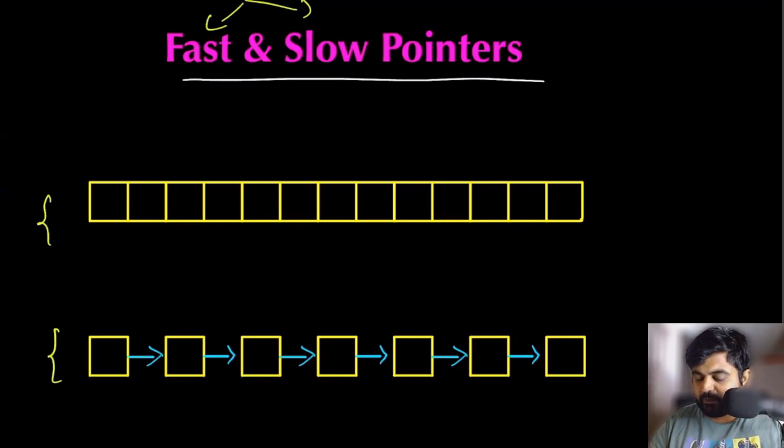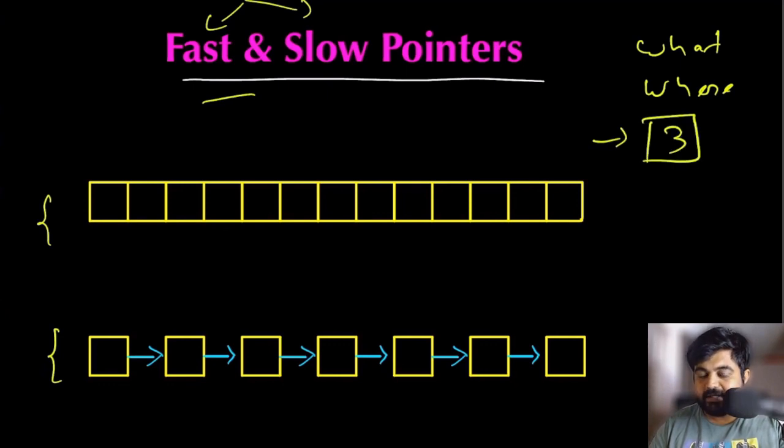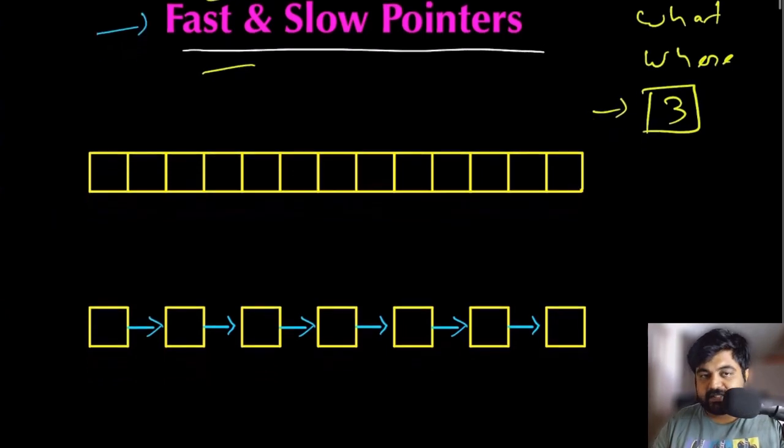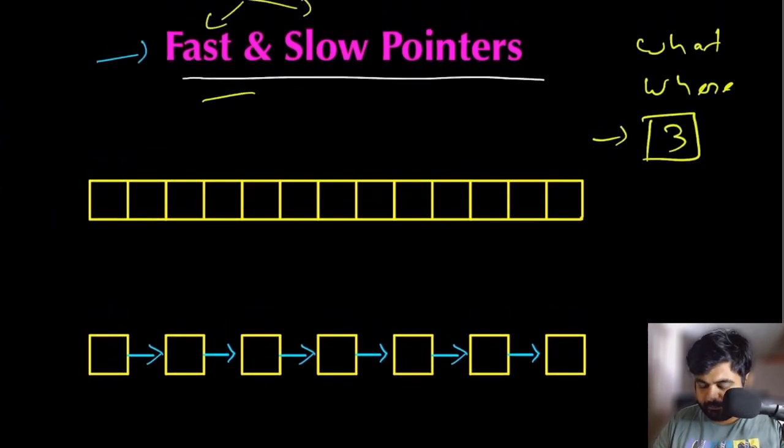So in this video, I'm going to explain three things. First, I'm going to explain what this fast and slow pointer technique is. Then I'm going to explain where it is applicable and what type of problems it can solve. And then I'm going to show you three different real life LeetCode examples that are being asked in a bunch of different companies multiple times. So first, let's understand what a fast and slow pointer approach means.